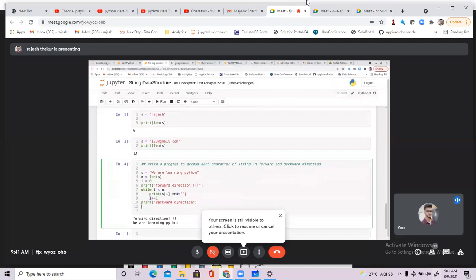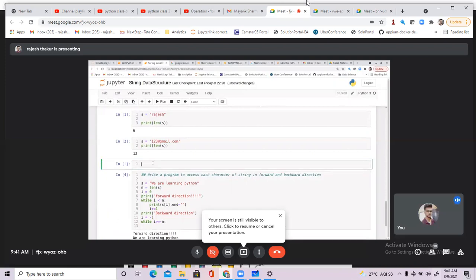And here, again we have to initialize the i value, i is equal to -1, and we have to increase the while loop, right? So while i greater than or equal to -n. Why this one? Because we all know the slicing operator, right?